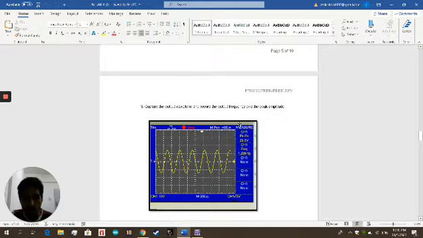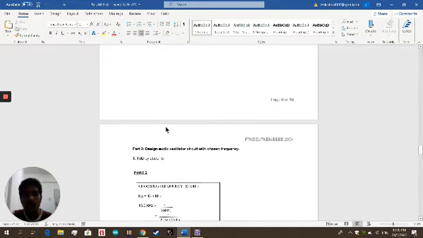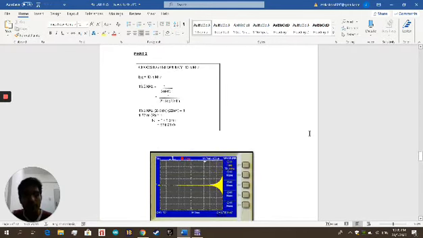This is the output waveform. As we have done the calculation, our frequency was 1.28. By doing the circuit construction and running the output, we were able to get a frequency around the calculated one, which is 1.28, and the peak amplitude was 28.2 volts. For part 2, my lab partner will discuss further. Thank you.